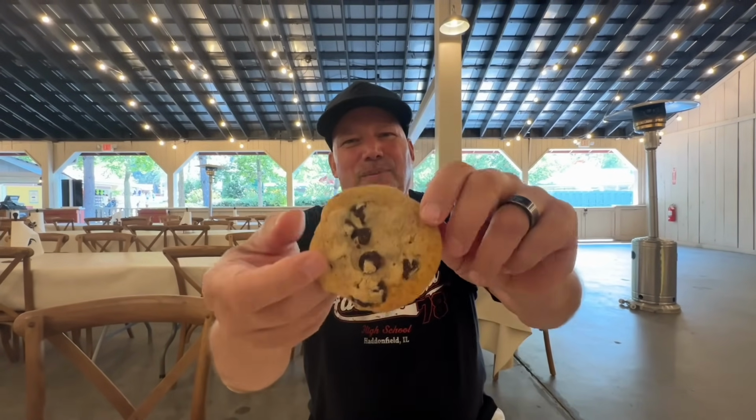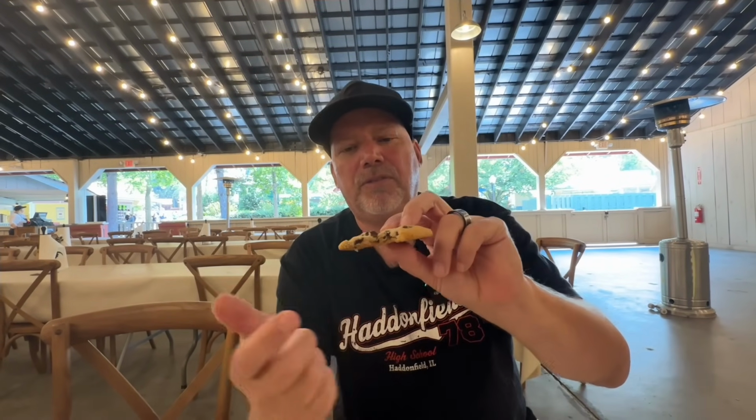Look at all those chocolate chips in there. Man, the chocolate chips are coming through on that. This reminds me of those, what is it, the Keebler or soft cookies? This one's just a little crispy around the edges, but soft all throughout. But the chocolate chips are very good. Now let's try this